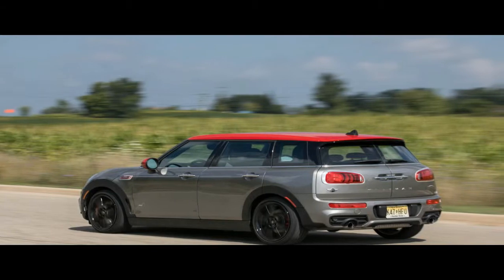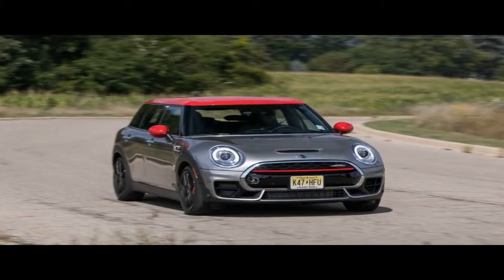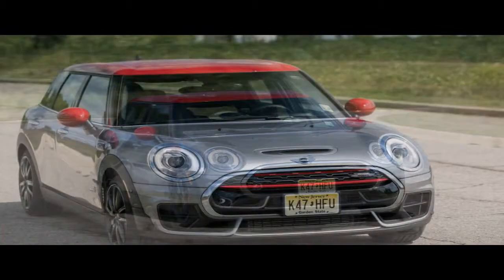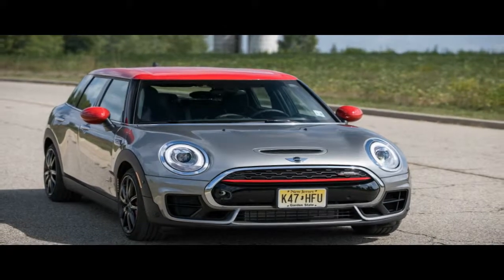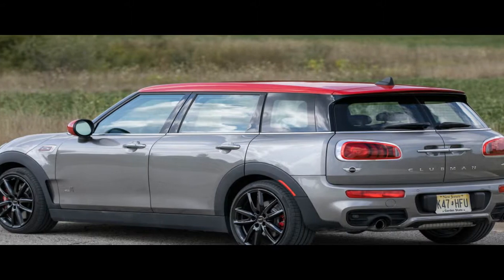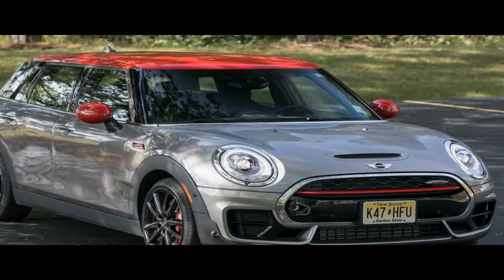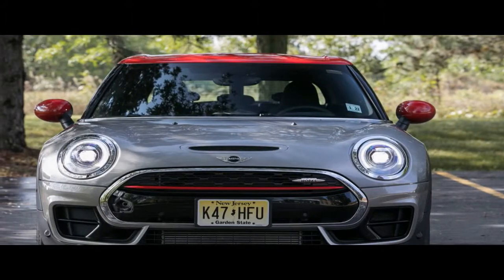2017 Mini Clubman John Cooper Works All4 Manual. Minis stopped making fiscal and literal sense when they ceased being mini in size or price. That isn't to say all Minis lack fundamental appeal. Take, for example, the Clubman. Ironically, although it's the largest, most expensive car in Mini's lineup, excluding the Countryman crossover, the wagonlet is our favorite